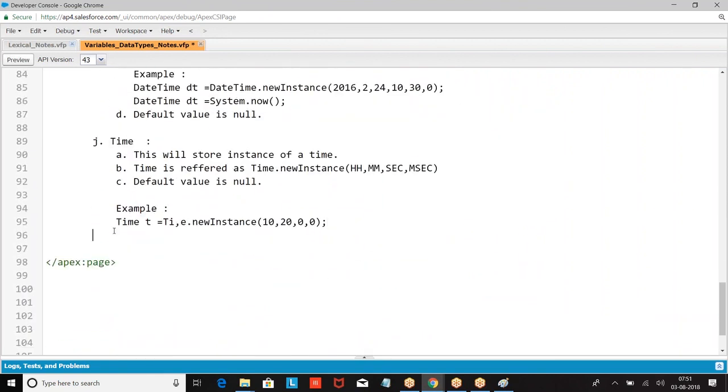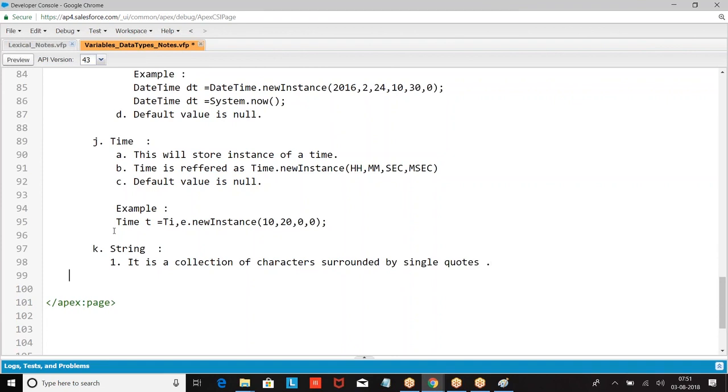What if you want to take any string value? String is a collection of characters surrounded by single quotes.